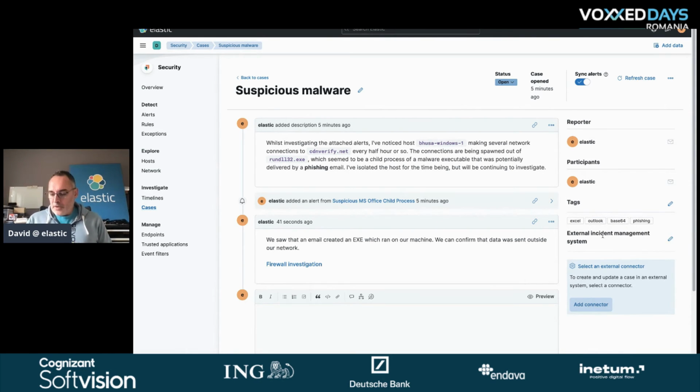We could investigate further on historical data. Sorry, I'm not going to show you this today because it will take a lot of time to run that. But what we can do is to use a feature named searchable snapshots. So imagine that you have 5 years of data, for example, in your system.